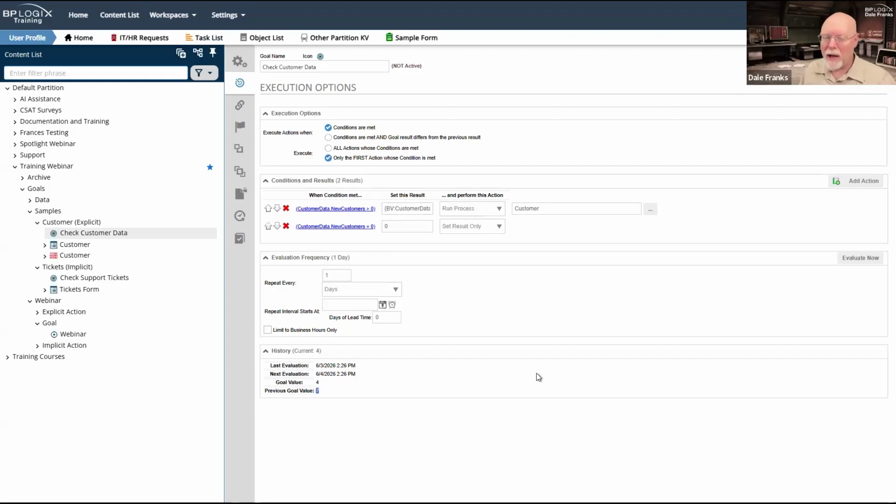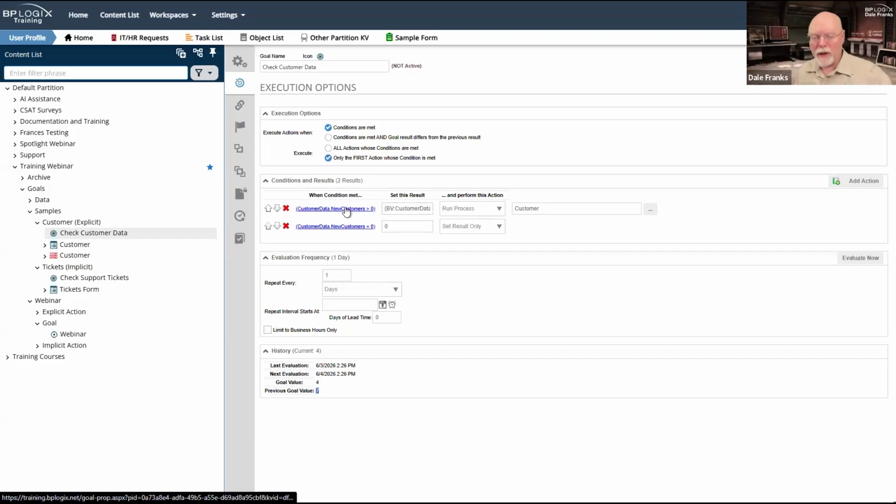If it ran the next time and it was still 7, would I want to run the goal again? Maybe not. Maybe since I already knew that I had 7, if I still have 7, then I don't want the goal to run. In this case, that would be a bad choice because the number of new customers that I have might both be 7. It would be a different 7 than the original 7, but the number might be 7. So I can't really depend on this goal result to determine whether I want it to run. But a lot of times you can. And so therefore we have that second option.